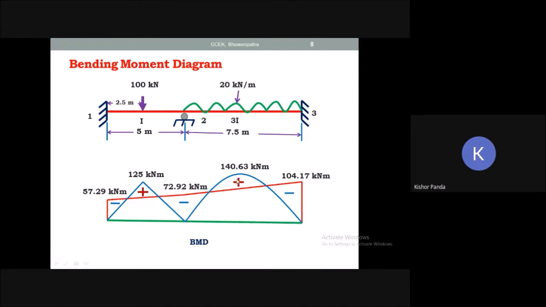You know how to find out this moment. By taking the similar triangle, you can find out this ordinate. Then after deducting this ordinate from the total, you can find out this maximum positive moment. Here also you can find out the maximum positive moment. So this is all about the analysis of a two-span continuous beam. You can also find out reactions by taking the individual spans 1, 2 and 2, 3. Then you have to find out the shear force at different positions. Then also you can plot the shear force diagram.